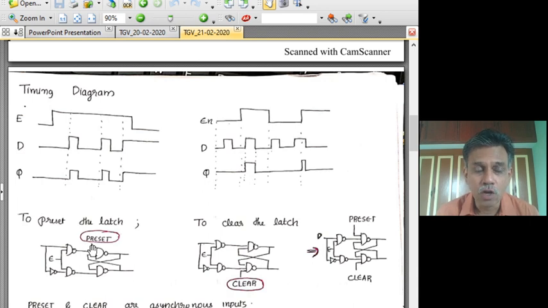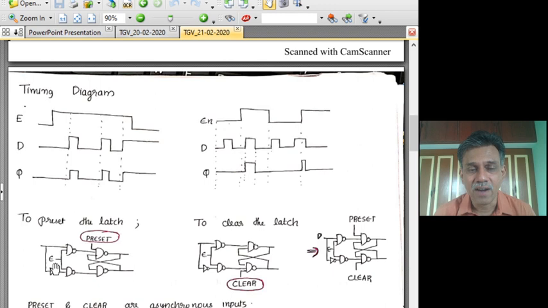So here a 0 sets it. So we call it set bar, because an active 0 is the one which is used to set it. And we call it a preset because usually prior to operating all these latches, we bring it to a known state, typically a 0 value, and then operate it. So prior to an operation we set it, so we call it a preset. Another thing, this can act independent of this enable or the clock input.